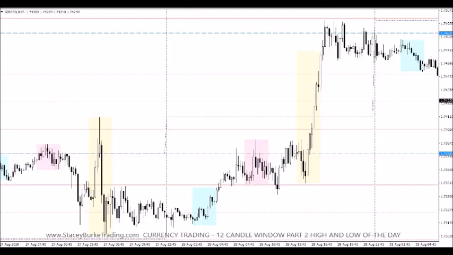Looking at the pound Canadian, so again, just using the highs and lows from each day. We had the Fed on the Thursday, and the market obviously whipsawed both sides, trapping traders in the middle, then hitting the stops on both sides. But again, then the question we ask ourselves is, they've put a high in place, they've taken out